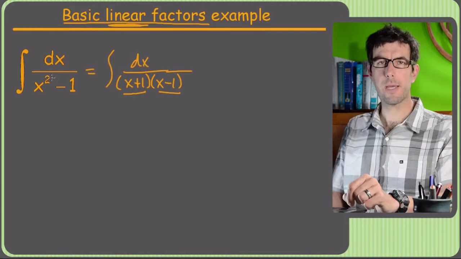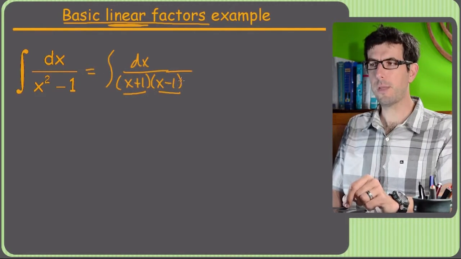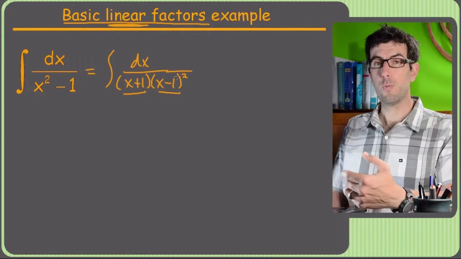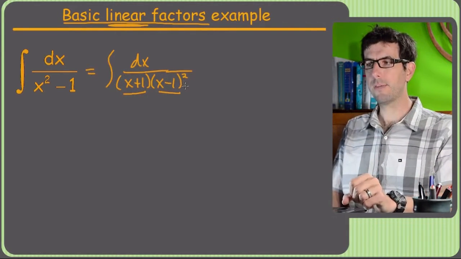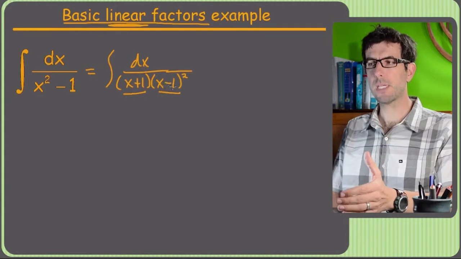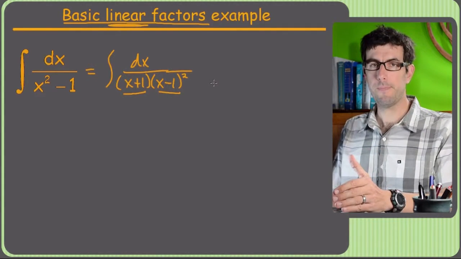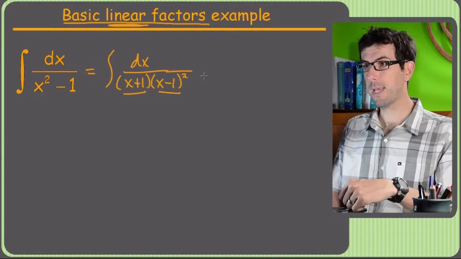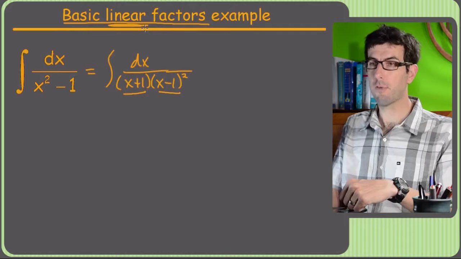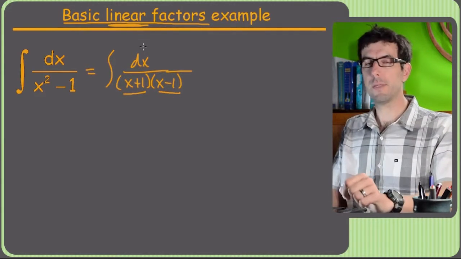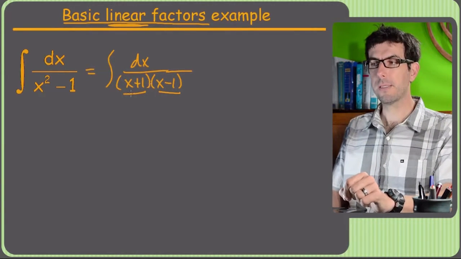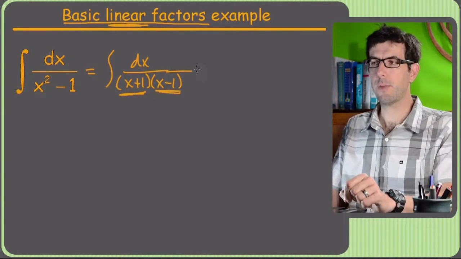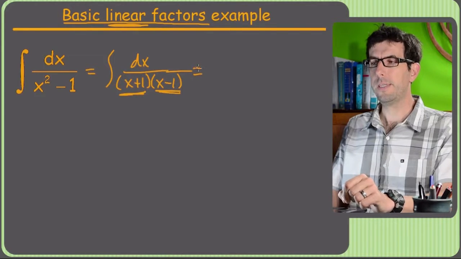If I had a cubic or whatever that factored to x plus 1 times x minus 1 squared, this x minus 1 squared would be a repeated factor, because if you wrote that out, it'd be actually x plus 1 times x minus 1 times x minus 1. So there would be two x minus 1 factors, and that's what would make it repeated linear factors, which we'll cover in a different example. But because this one has just a couple of linear factors, they each appear just once, and there's no exponents on the parentheses or anything, the decomposition of this,